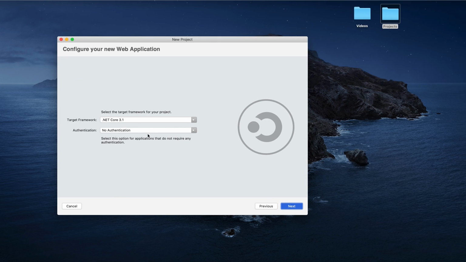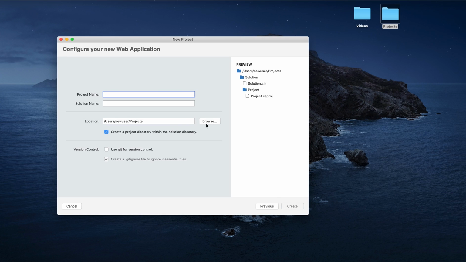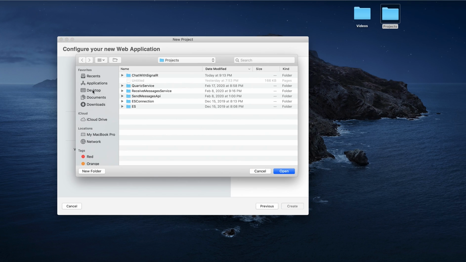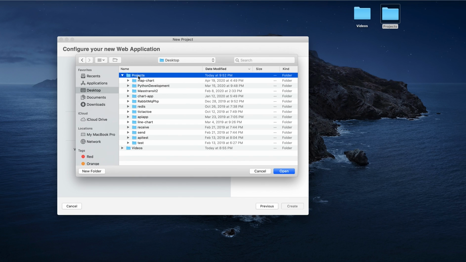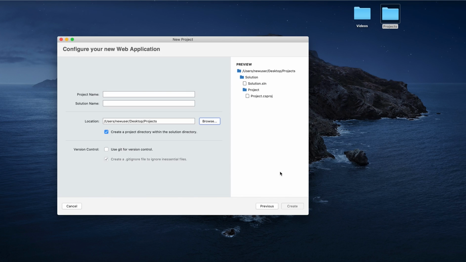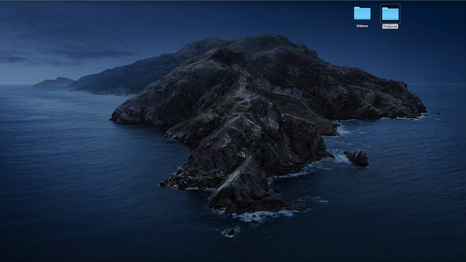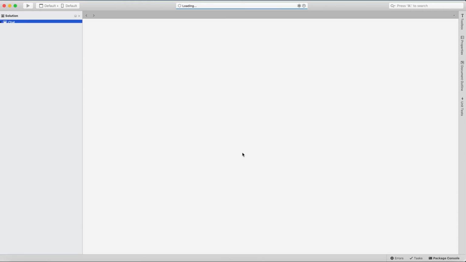I will be using .NET Core 3.1 as a target framework, and I want to create it on the desktop in the projects folder, and I will just call it Chat and create it. And the SignalR server library is already included once we create this application, but I will be using the JavaScript client library